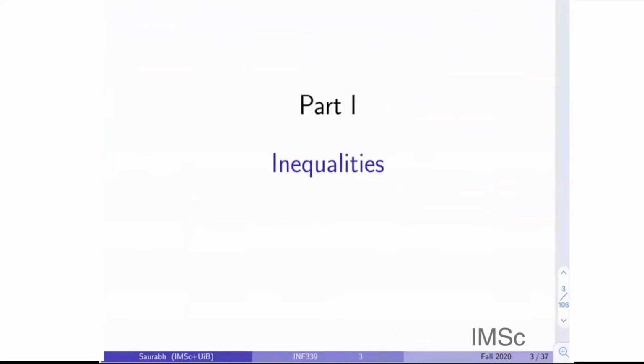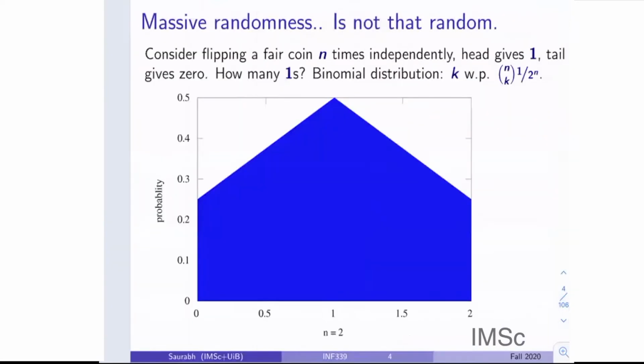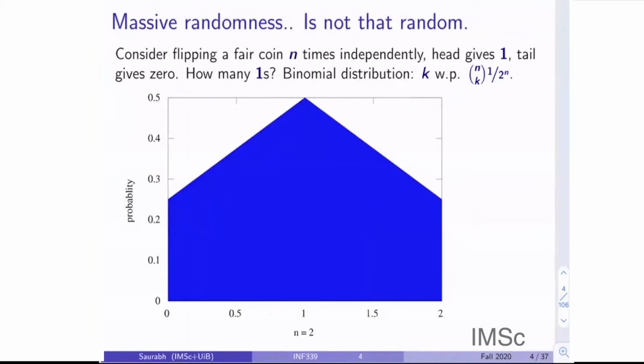And one such motivation: I tried to tell you a little bit about the binomial distribution, which is nothing but, if you have n coin tosses, how many heads do you get? So this gives me a distribution for this object. Now if I have a random variable x, the number of heads, it is k with probability n choose k over 2 power n. And then we saw what this curve looks like.